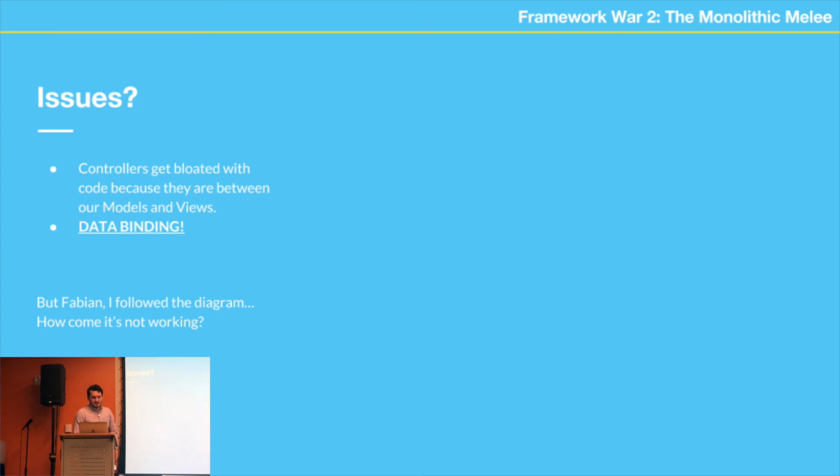Okay, so the issues, to go back: controllers get bloated because really they're in between the models and the views. So by nature, we want to just say, oh, we'll throw this in this controller, not really thinking that it needs to be somewhere else. But wait, it needs to be either a model, a view, or a controller, so I don't know where to put this. Things like, oh, I need to make a quick API call to send up analytics, right? As soon as you do that, you broke the single responsibility principle. Your controller should only control whatever component it is in charge of.